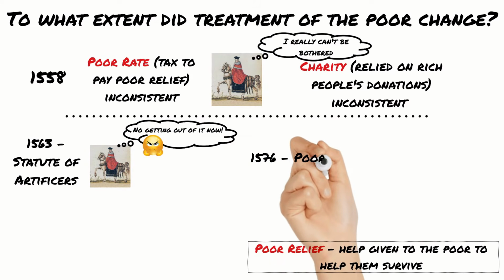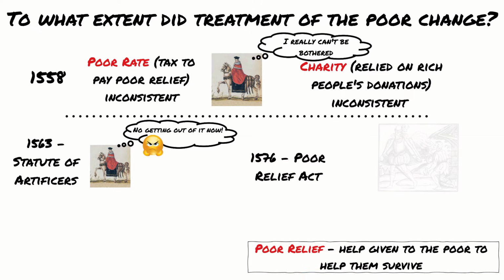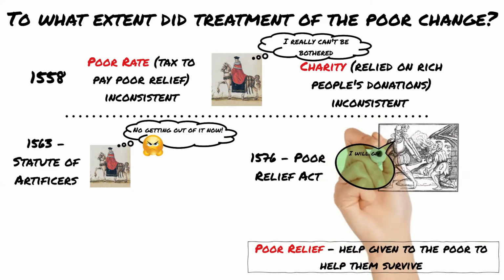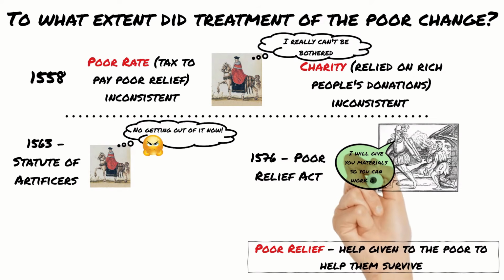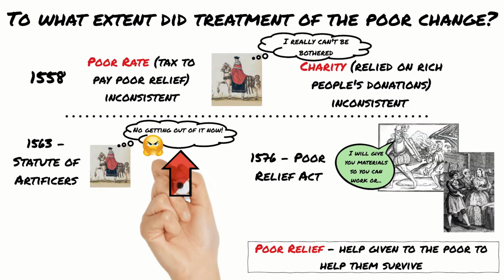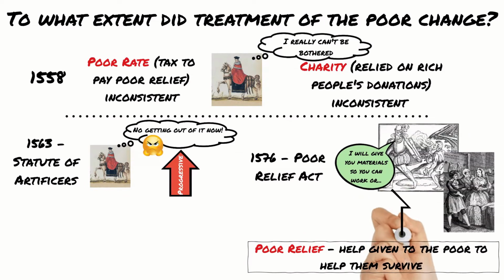Then, in 1576, the Poor Relief Act required the Justice of the Peace to provide the poor with materials such as wool or leather with which they could make things to sell and therefore support themselves. However, anybody refusing to make things was sent to a house of correction, which was a special prison where the inmates did hard labour in an effort to correct their behaviour. Both of these laws were progressive. They were responsive to a fall in the wool trade and did aim to provide the poor with a means of making an income.